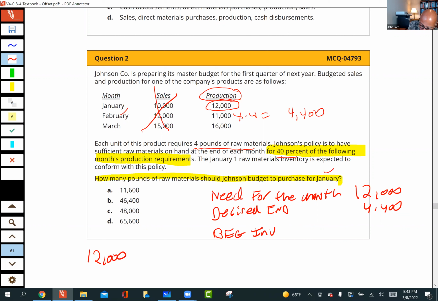Again, I don't know why I'm writing it down here. All right, here times the what? 0.4 again. That means that they would have started January with 4,800 to cover themselves for January. So you, of course, subtract that 4,800. And when you do, and I know I'm probably boring you guys because you all got this one right, you get 46,400.